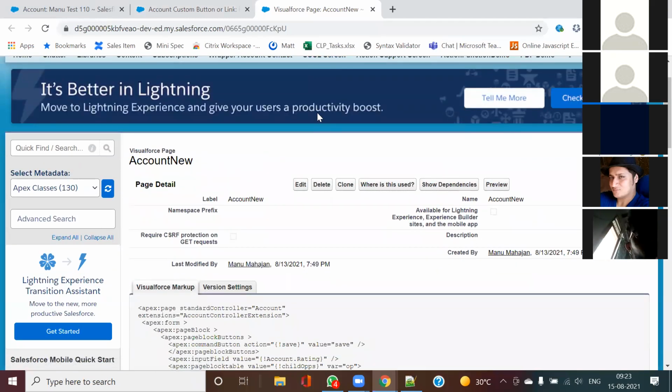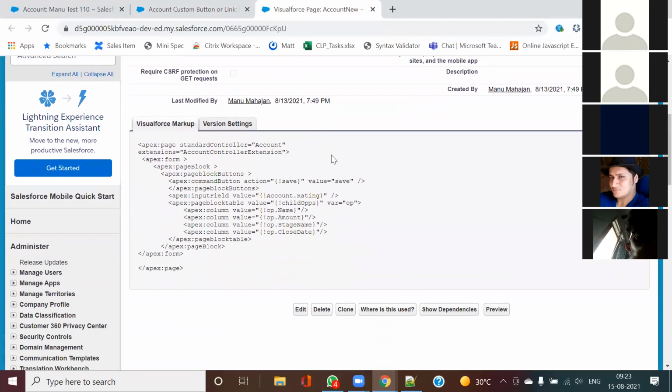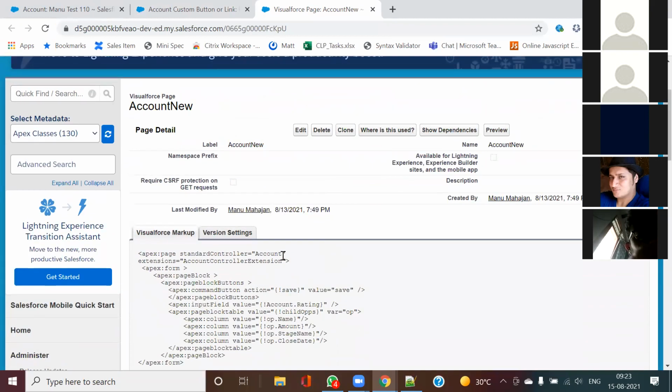Okay. Now if you see this, what I was talking about. Here, standard controller plus standard controller extension. Now what is this? This is nothing but an Apex class that has been created. Let us check.